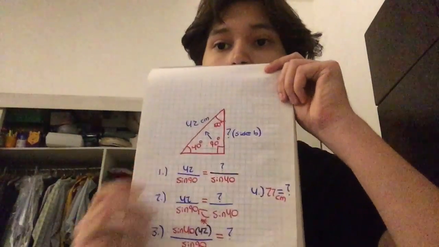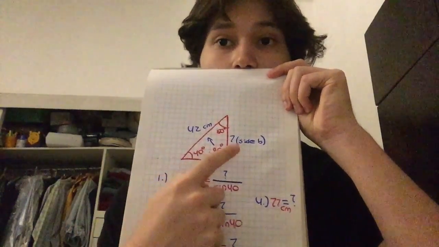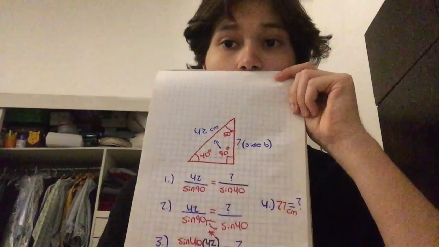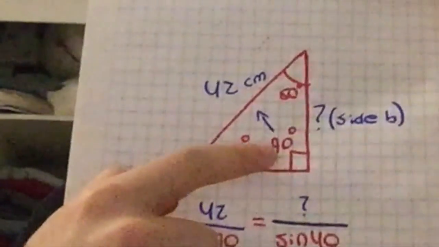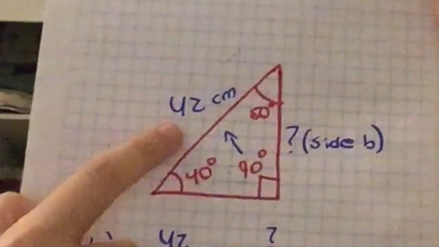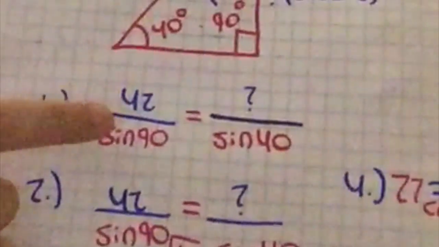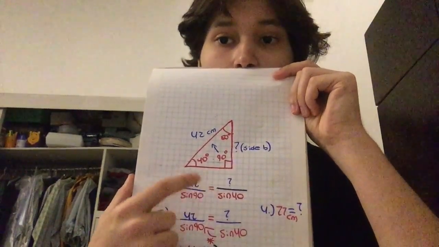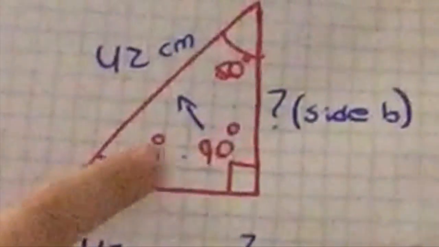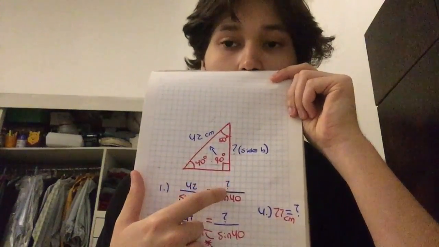So now we have to find the other two sides. Let's get going. We're going to find side B first, which is right here. Our first step is to notice that 90 is already connected to the side that we're given, which is 42 centimeters. So we do 42 over sin 90, and then we equal it to sin 40, which is connected to the missing side, and then we put the question mark because that's what we're trying